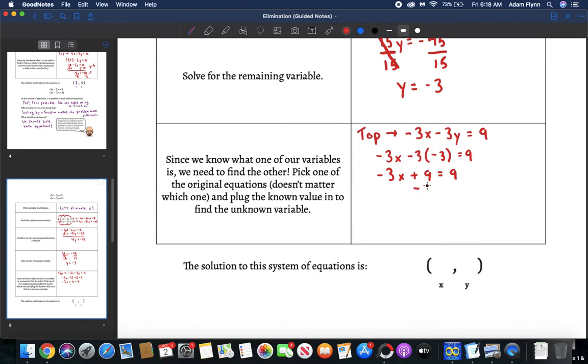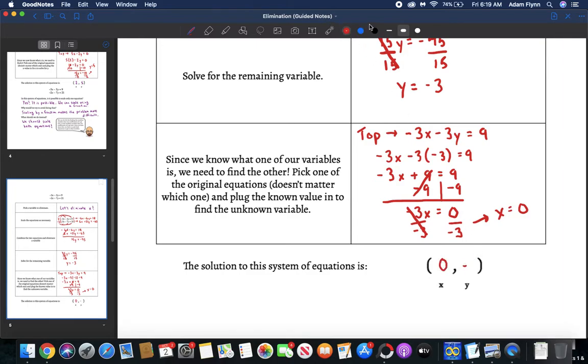I'll subtract 9 on both sides in my quest to isolate my x. 9 minus 9 will cancel, so I'm left with -3x equals 9 minus 9, which is 0. I'll divide both sides by -3. Negative 3 divided by negative 3 cancels. So I'm left with x equals 0 divided by negative 3, which is going to be 0. So the solution to this system of equations is going to be the point 0,